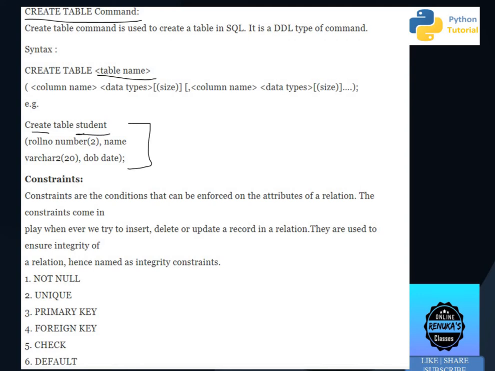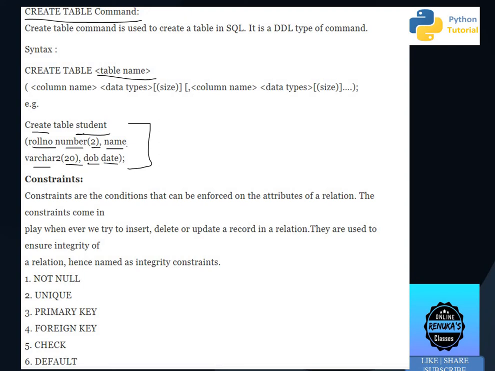This is the syntax, and after that in brackets you can mention the column name, data type and its size. Again the second column name, data type, size. Third column name, data type, size. If given, then okay, if not required, then also okay. Likewise you can mention the column names and then close the brackets and put a semicolon. So that is the simplest form of the create table command.